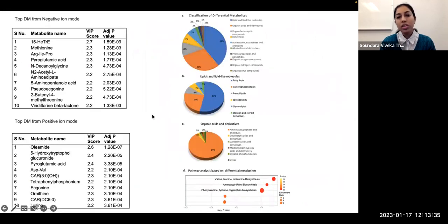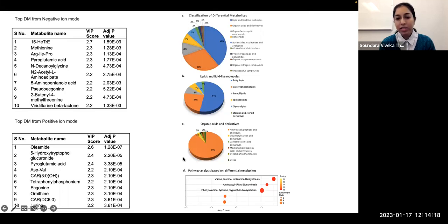We wanted to look at what are the different classes that the differential metabolites represent. Interestingly, we found nearly 40% of the differential metabolites belong to the lipid and lipid derivative subclass, followed by the organic acid and derivatives groups. Taking a closer look at the different species level contribution of the lipids, we could see that a majority of them were fatty acyl lipids, followed by glycerolipids, prenol lipids, and other lipid subclasses. Among the organic acid and derivatives groups, nearly 90% of them were amino acids and peptides, which are major building blocks of the developing fetus.